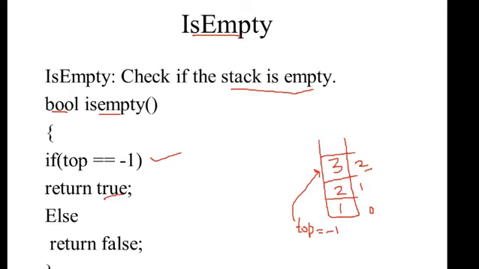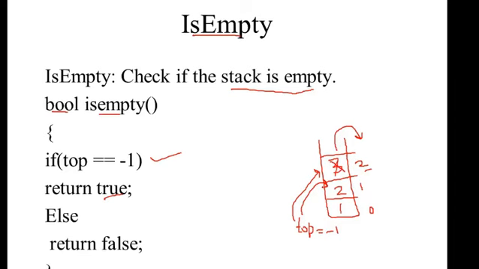Okay, so whenever I want to delete from this data structure, what will happen? I need to delete from the top, because I can use only the top to delete or remove any element. So the element stored at the top of the stack will be deleted first. Whenever you have deleted this element, you will see that the top will change to the previous index value. Before deletion the top was at index number 2, and after deletion it will be at index number 1 automatically.